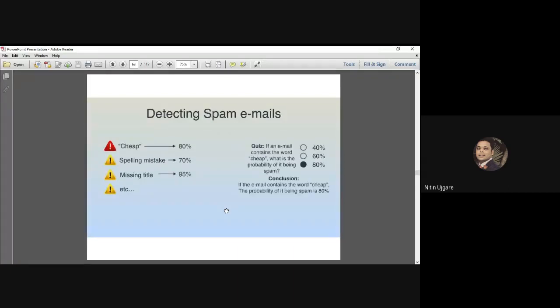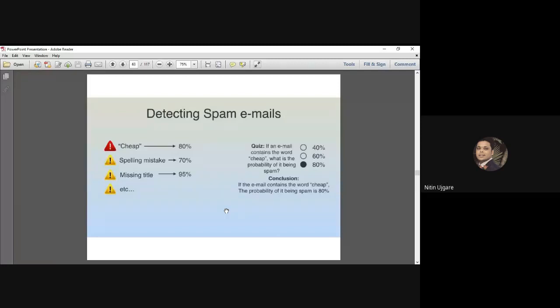So, friends, the process that we have used for classification of an email as spam or non-spam, this entire procedure is the Bayes algorithm. The Bayes algorithm is a probabilistic machine learning algorithm in artificial intelligence.